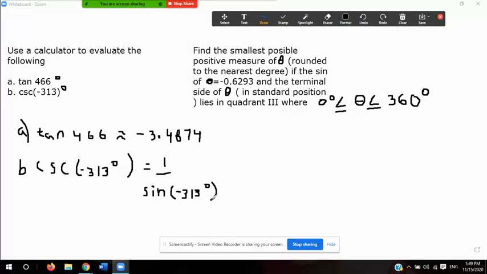So if I go to my calculator and look for the sine of negative 313, and I'm going to leave it at 4 decimal places, you would get 1 over